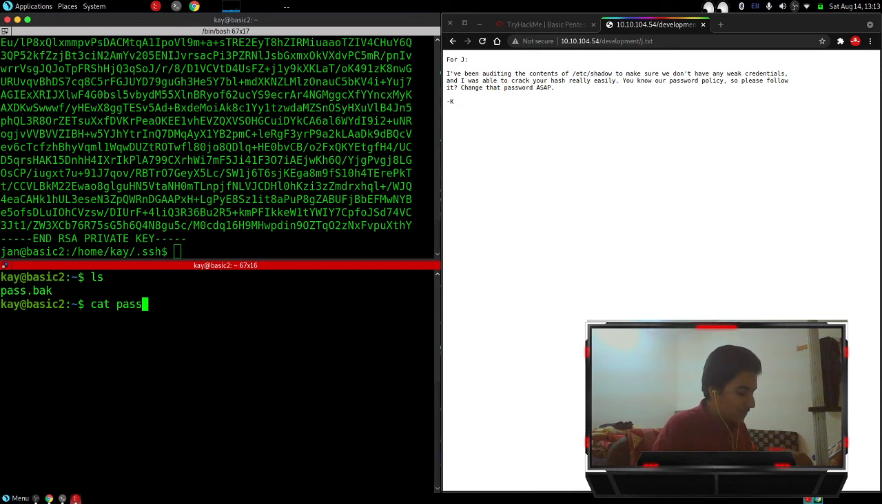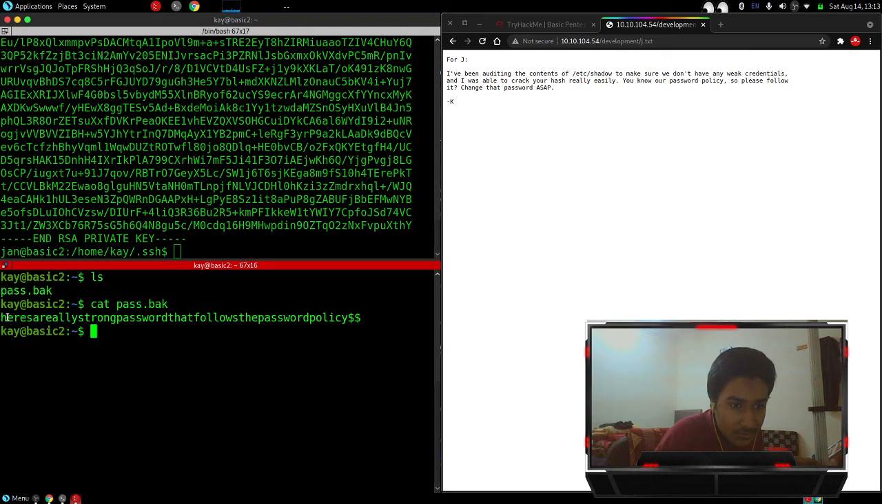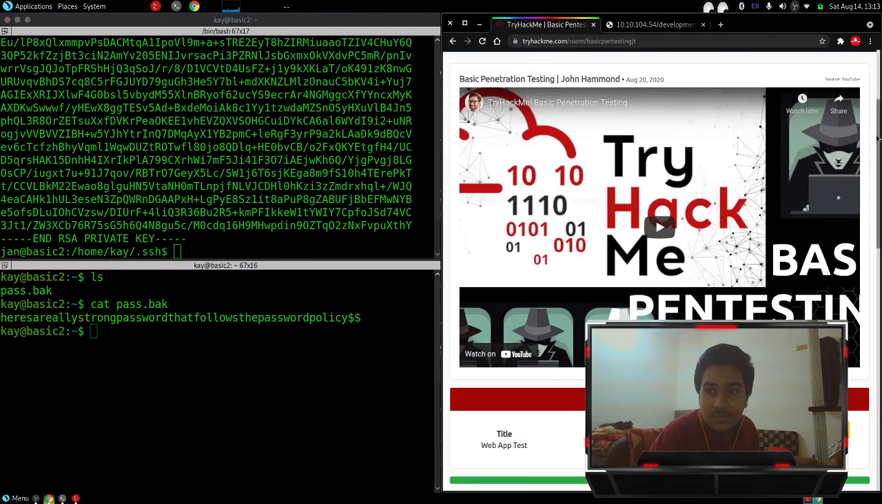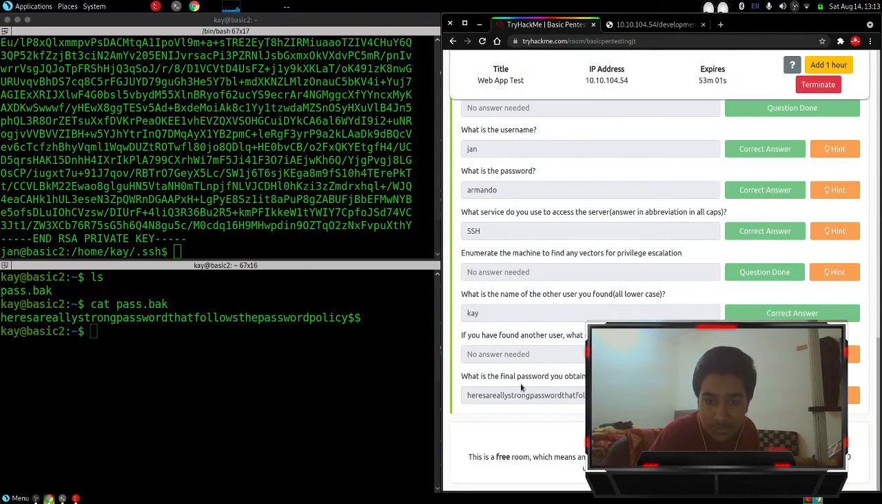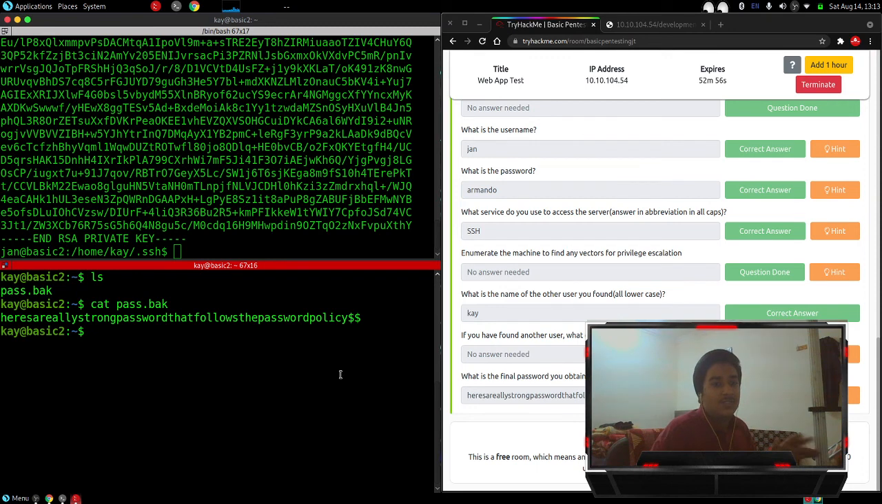See if we can read the pass.bak. And it's written here, a really strong password that follows the password policy. And as you can see, the last question that TryHackMe asked is what is the final password you obtain. Now we have successfully escalated our privileges from user to admin, and this is the end of our basic pen